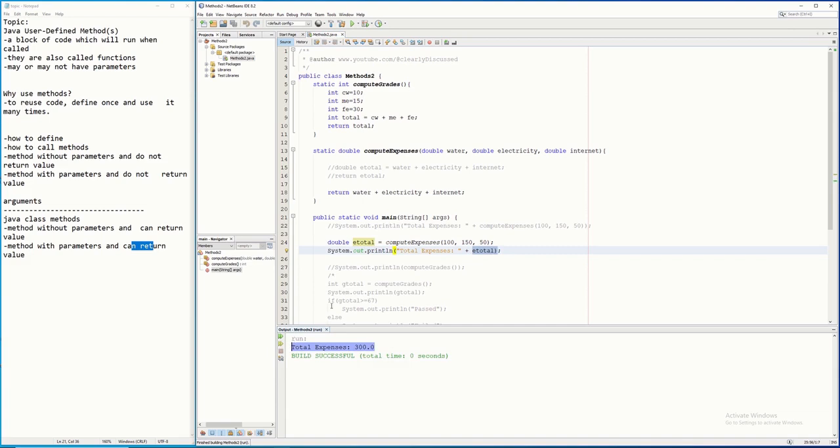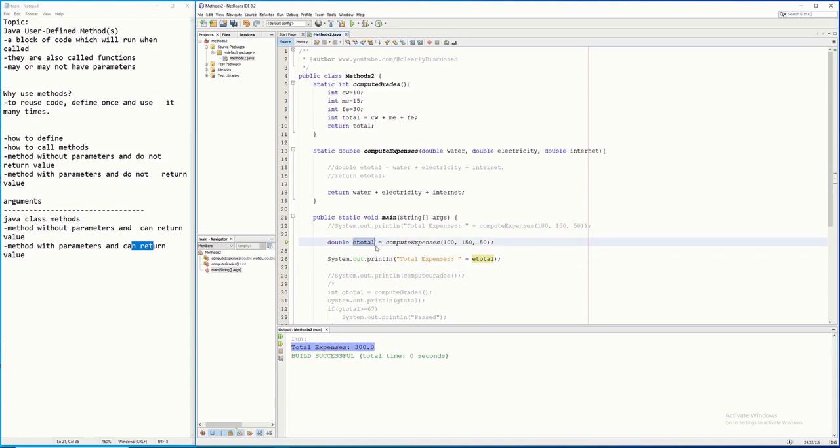Since this variable now has a value, you can do anything here in line 26 or in line 25. You can do whatever you want now with the e-total. You can use this in a loop statement, in a conditional statement, or for whatever it may require you to use. Or whatever is the use for this based on your requirements. All right, so this is how